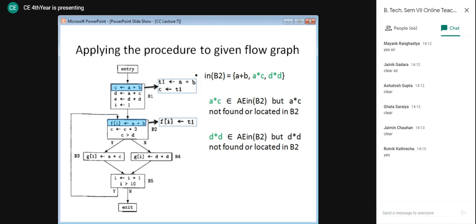So for in of B2, all the expressions we have taken into consideration. Now we will move ahead to the next block, that is in of B3. Again over here we are having three elements, and none of these three elements are found in B3.